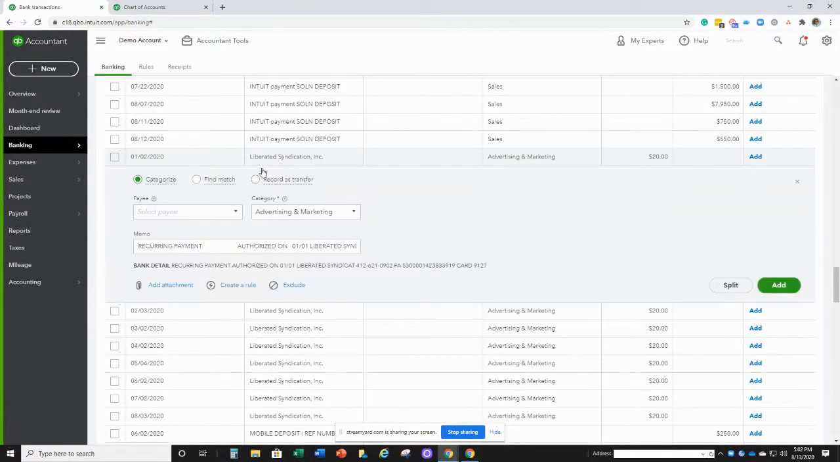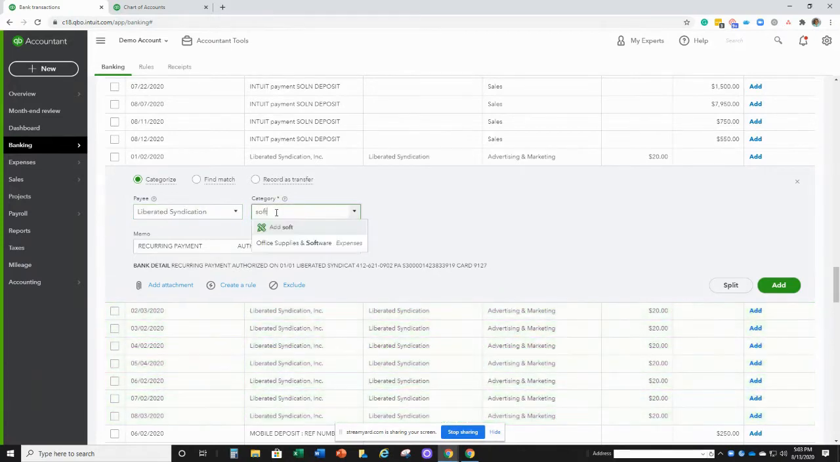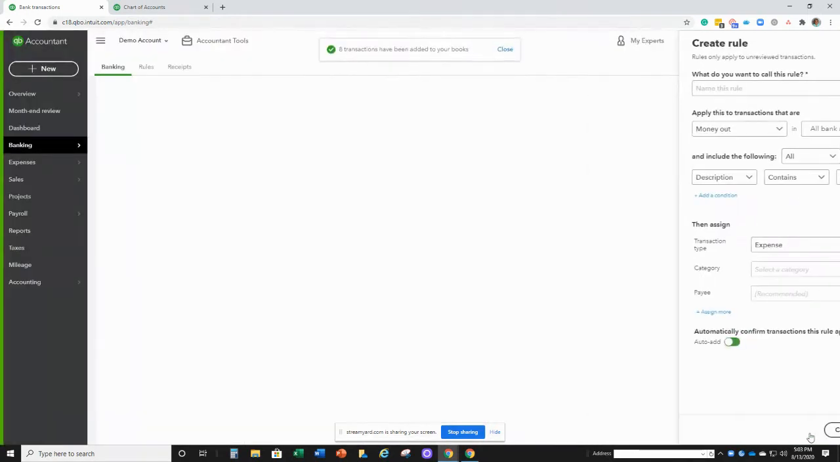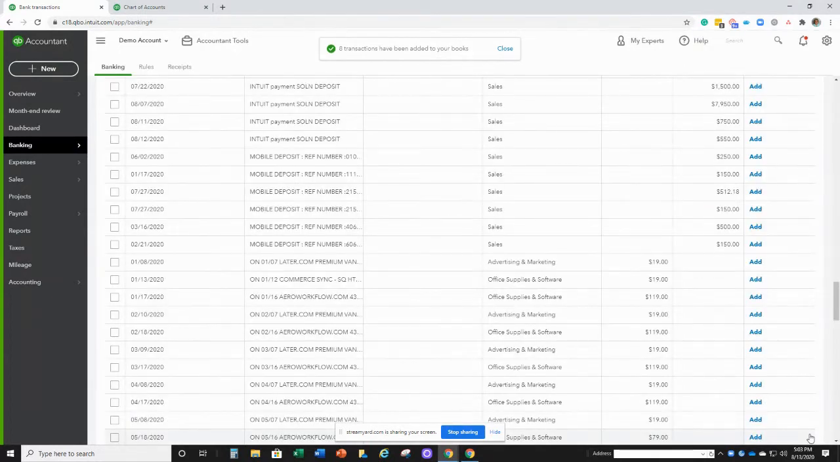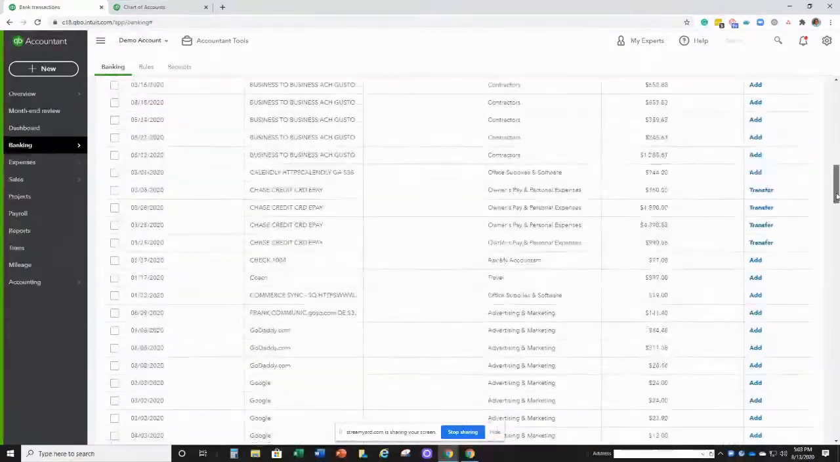All right, Liberated Syndication. There are a bunch of these. And this is a software. So we are going to go to create rule. Type in the vendor name. Make sure that there is nothing else at the end of this description. Hit save. And now 8 transactions. So you can see that by sorting it by description,